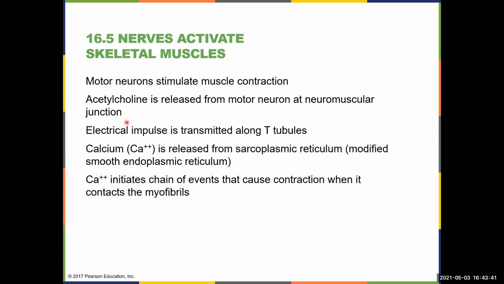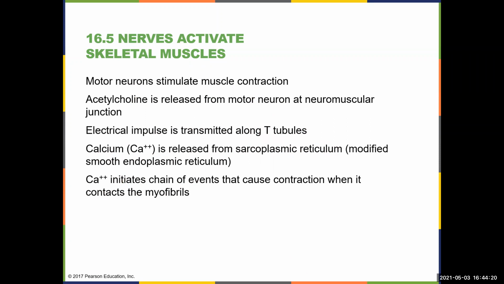Okay, so that's just the gap between the motor neuron and the muscle cell. That acetylcholine helps to transmit the electrical impulse from the neuron to the muscle cell, and then that electrical impulse travels down what's called T-tubules. And as that electrical impulse travels down the T-tubules, it releases calcium from the sarcoplasmic reticulum. That calcium then causes the contractions to be able to happen between the myofibrils and the myosin and the